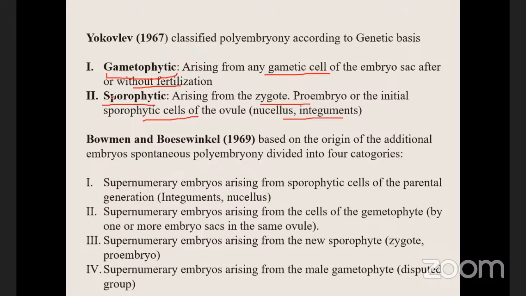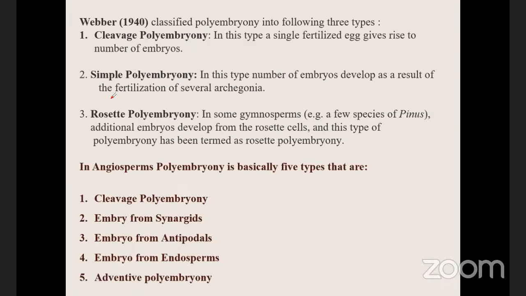Okay, and then Boswinkel divided polyembryony into 4 types. You see here, as per Weber, polyembryony is classified into 3, that are cleavage polyembryony, that means embryo